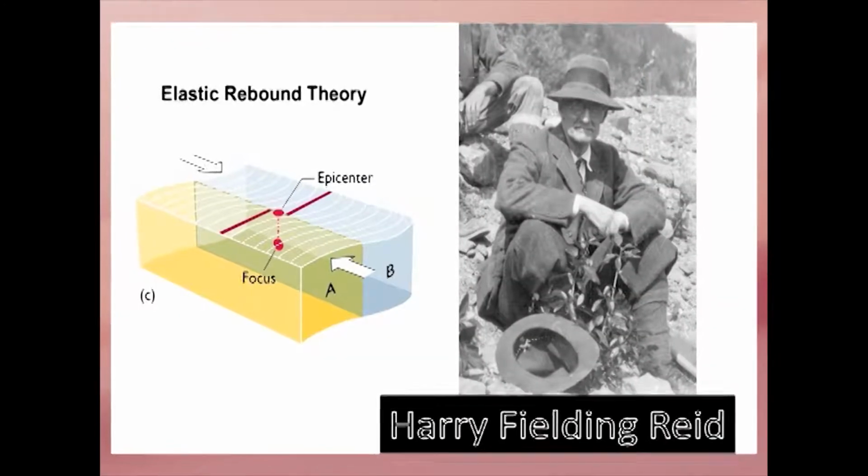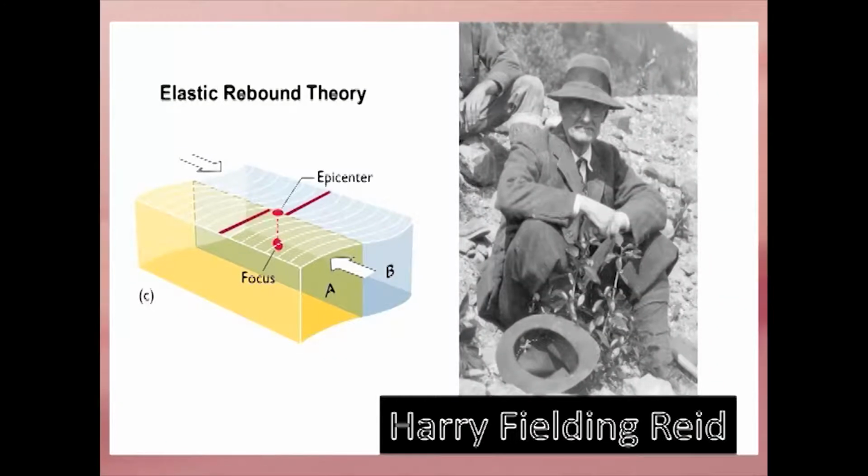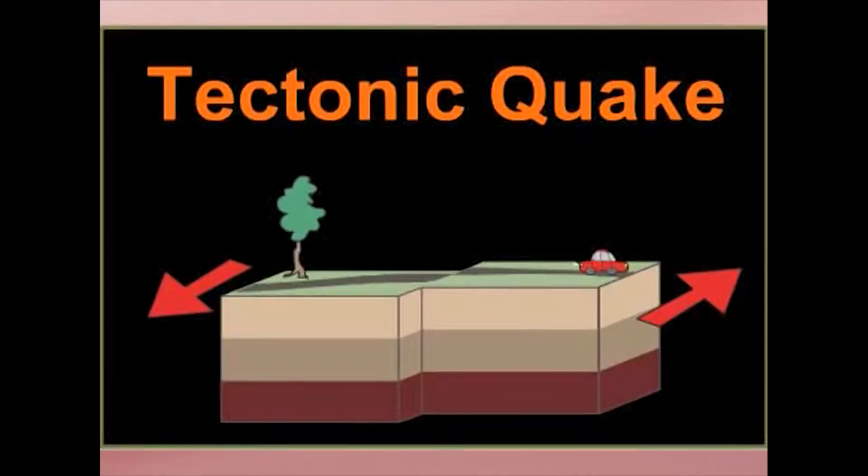Tectonic earthquakes are explained by the so called elastic rebound theory, formulated by the American geologist Harry Fielding Reid after the San Andreas Fault ruptured in 1906, generating the Great Earthquake. According to the theory, a tectonic earthquake occurs when strains in rock masses have accumulated to a point where the resulting stresses exceed the strength of the rocks and sudden fracturing results.